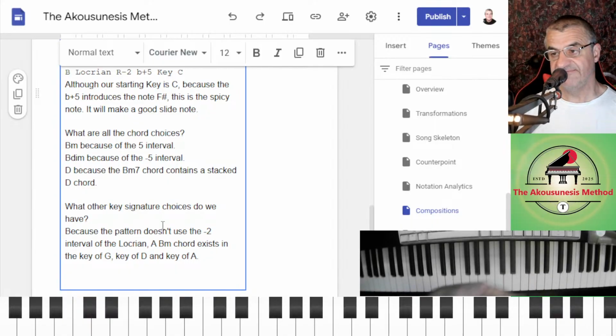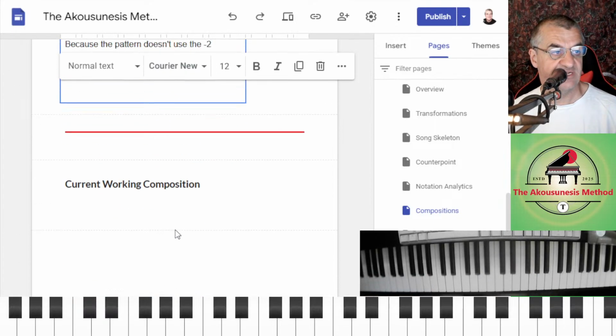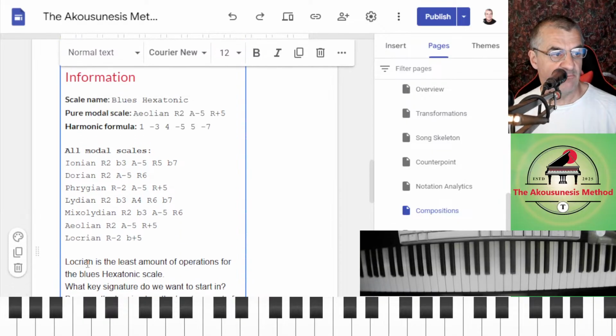A lot of the time it's a visual thing. So once you work out the theory, you're relying on your visualization. But you've got a lot of understanding now of how you can fit these scales into different key signatures and what mode you're in for that key signature. So you've got a choice here. Well, you've got a choice of all these. You've got a choice of 7. You can fit this scale into any of these, but you can see there's more operations here.